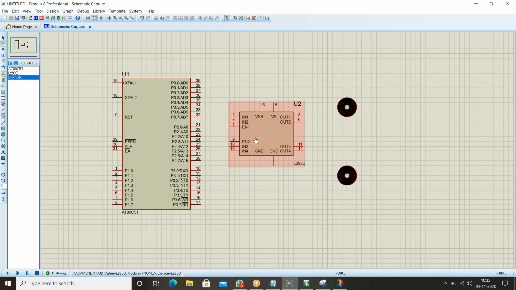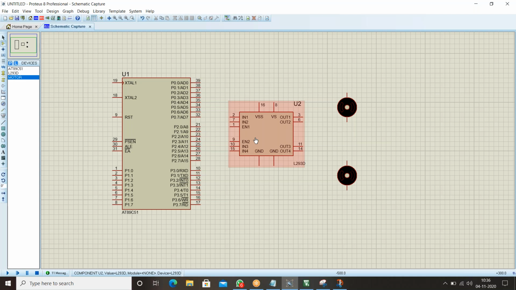Whether the motor rotates in forward or reverse direction, the enable pin should be high, that is, equal to 1. Only then will the motors rotate. Clear? If the enable pin becomes 0, obviously the motor won't work. It will stop.